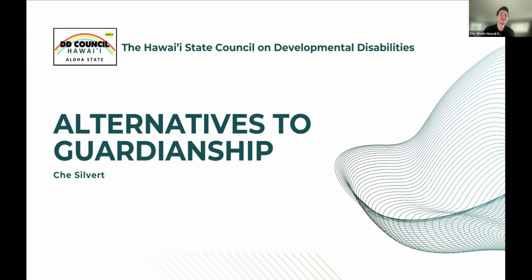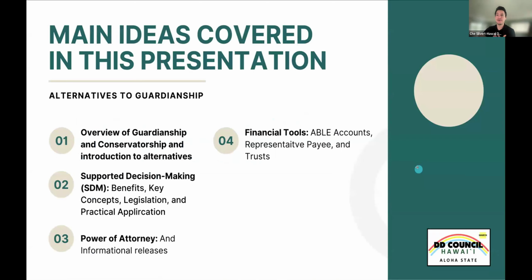Okay. So I am with the Hawaii State Council on Developmental Disabilities. I am our legislative and community liaison. It just basically means I do all of our policy work. We've been working on alternatives to guardianship. Spoiler alert, supported decision making is a big one of those. So we're going to start with basically, before we can talk about what the alternatives to guardianship are, we need